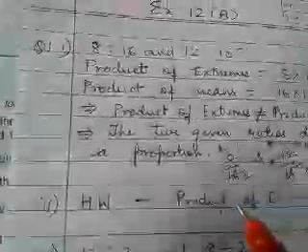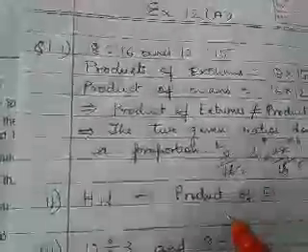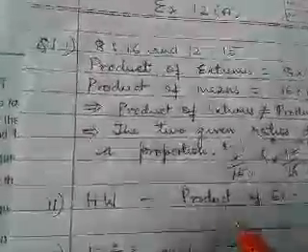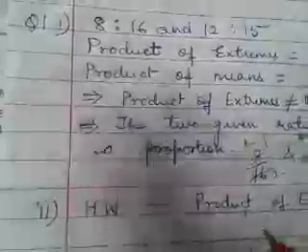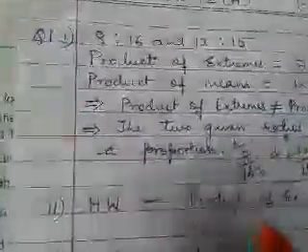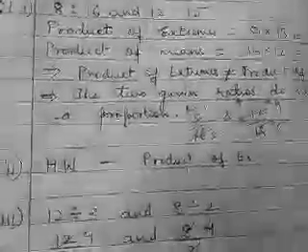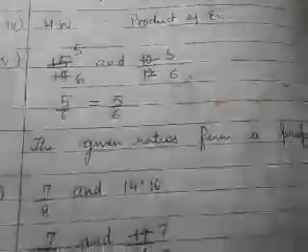Okay. And what is the soul of ratio? Division. One term gets divided by the second term. Like A is to B means A upon B and bringing it to the lowest term is the soul of the ratio chapter. Okay. Similarly for proportion, product of extremes is equal to product of means is the soul of the proportion chapter. So most of the questions are based on this concept. Product of extremes is equal to product of means. Okay. So we have seen this in our previous videos.